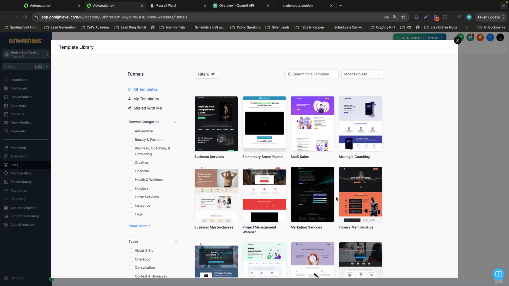I really don't care what these look like when I'm just making a demo. However, if you are making a professional one for a client, of course, you're going to want to do this up nice. You're going to want to have a nice logo. You're going to want to edit everything. But for just demo purposes,